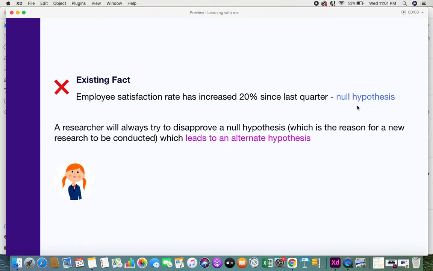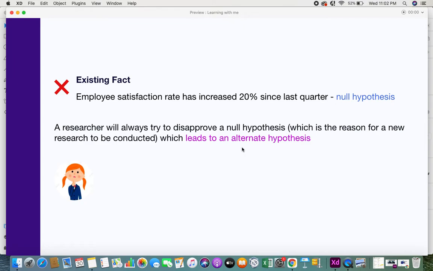And usually what happens is, when you want to conduct a research, so now here the CEO, Katie, suspects that it might be more than 20%. So at that time, the researcher who is going to conduct the research will always try to disprove a null hypothesis. That is, in our case, the researcher will try to disprove that the employee satisfaction rate has increased 20% since the last quarter. So when I try to disprove it, either it's not 20%, it's greater or lesser than 20%. So in order to disprove this, I need to create another hypothesis statement which leads to